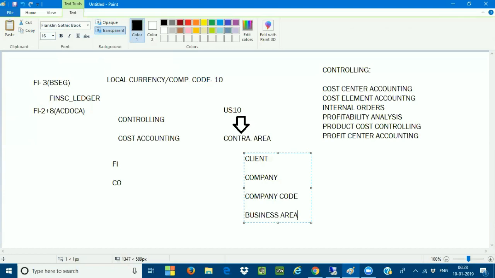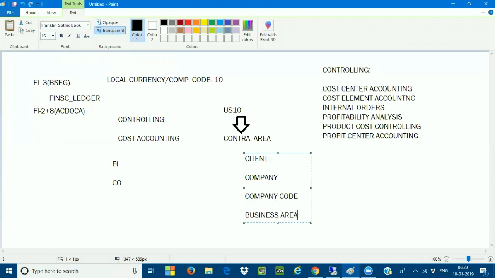In the same way, we have a separate org structure for your controlling area. Let me discuss the org structure for the controlling area. For the controlling area, we assign one currency, just like a company code. Whatever currency we assign to a company code, that company code's currency is called the local currency, which is indicated with currency type 10. In the same way, we are creating one controlling area now. A controlling area is a must if you are using cost accounting. The first hierarchy level is your controlling area. So first create one controlling area, and in that controlling area, we assign one currency now.